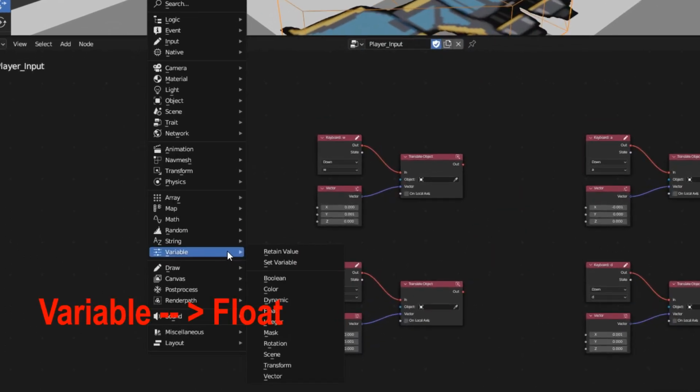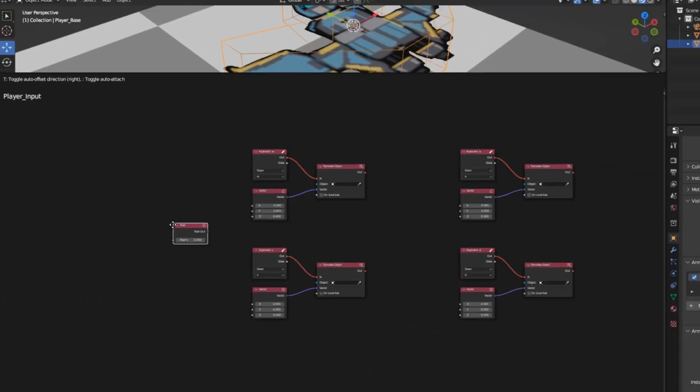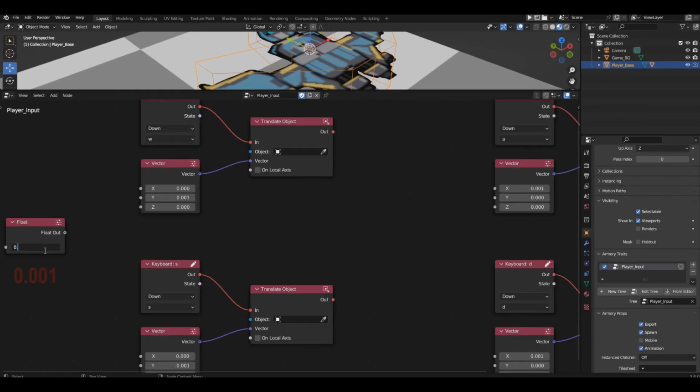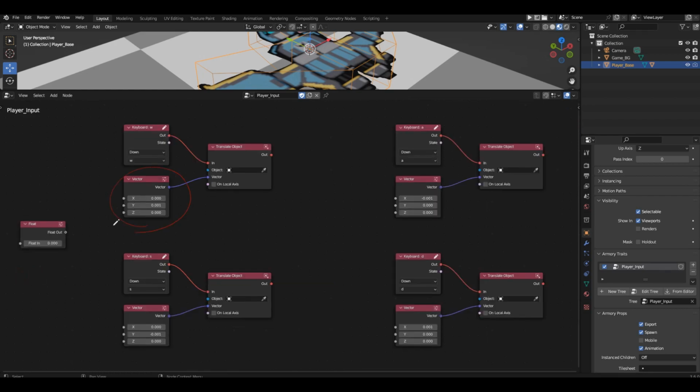Add a float block from the variables section and enter our speed in it. 1000. Connect this block to 2 blocks where positive values are used. That's forward and right movement.